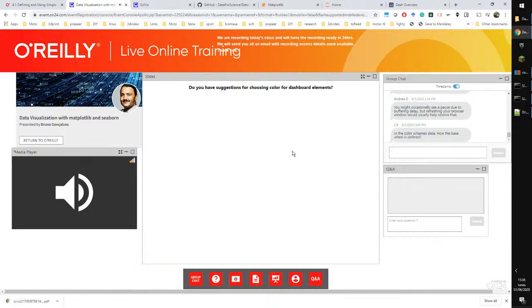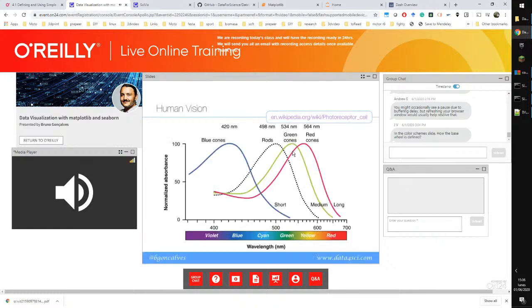And SS is asking, what is absorbance by the human eye? What does absorbance mean? It's basically what fraction of the light gets absorbed. It's as simple as that. So here in this plot, 100% just means that all the light that gets received at that wavelength gets absorbed by the eye, while for smaller wavelengths, for instance, I'm looking at the blue line,